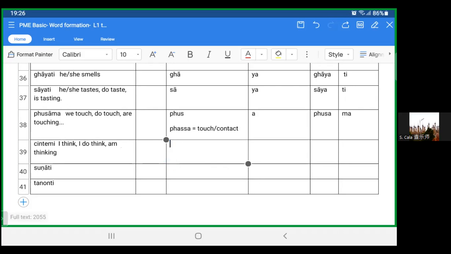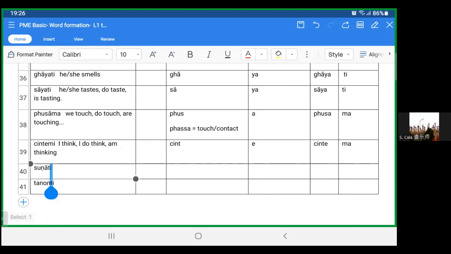Remember last time I said that cinta is love in Malay, but it's also to do with thinking too much. So the root is cin, the conjugation sign is a, and the verbal base is cinta. Now this a, which group is it? It is the last group, group 7. All right, so next one.